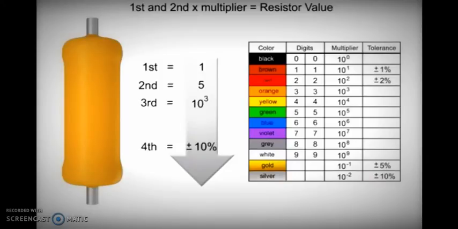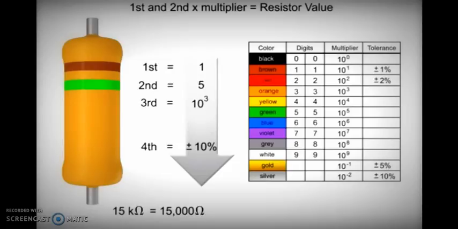Now, let us take another example where the value of the resistance is 15 kilo ohms. The first band in this case takes the value 1, which indicates the first band must be brown, and the second value is 5, so the second band is green. And the third band must be a multiplier, which is assigned a value of 10 power 3. The multiplier 10 power 3 takes the color orange, so the third band ultimately becomes orange.